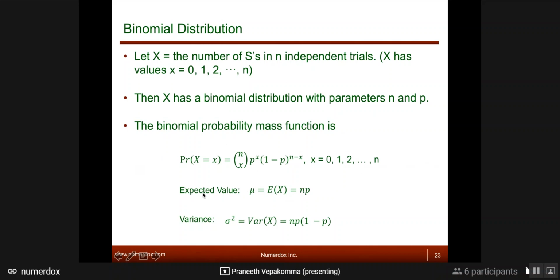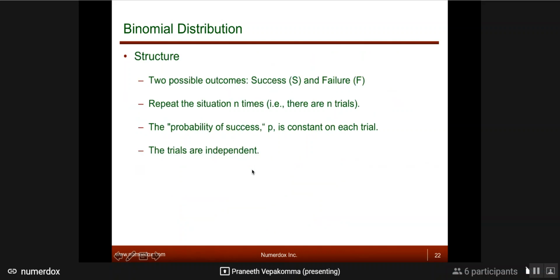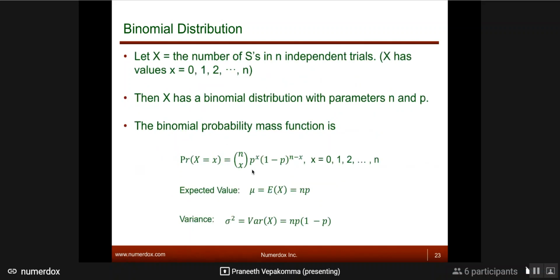So that's why we say the expected value with that formula, for any binomial distribution, is given by NP, where n is the number of trials and P is the success probability. This is the formula. So for any distribution function, once you know the distribution function, and you know it is a distribution of what random variable, a distribution of x taking these values, if you know the PDF, you always can compute the expected value and variance. So for binomial, or if I give you some other distribution function, I can still use the expected value and variance formula to compute the expected value and variance of that particular distribution. But you need to know the parameter of that distribution, which is P.